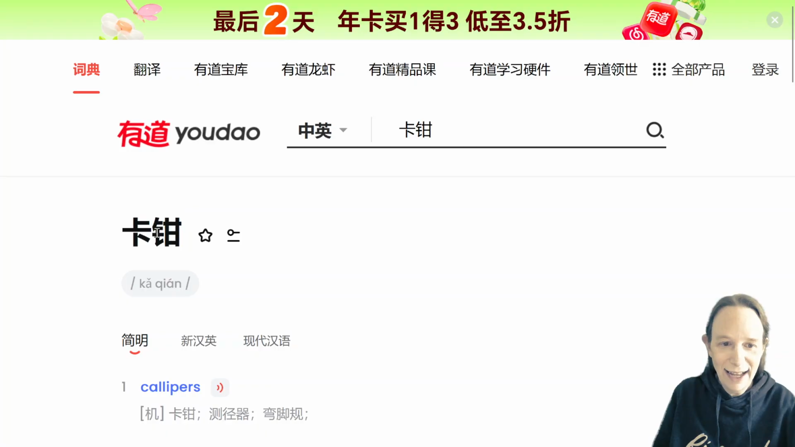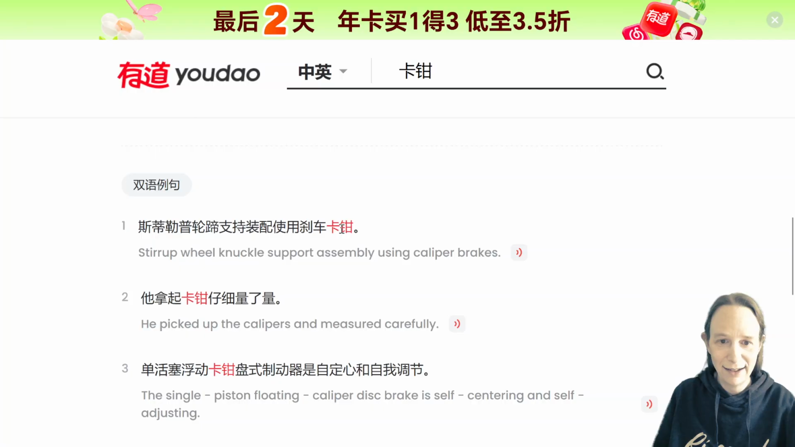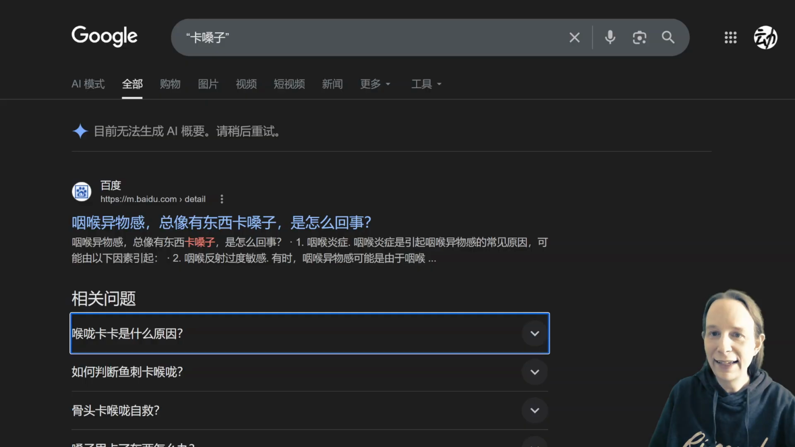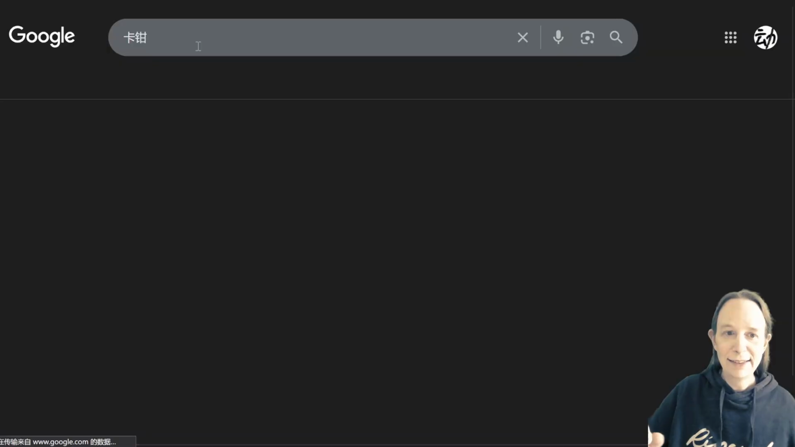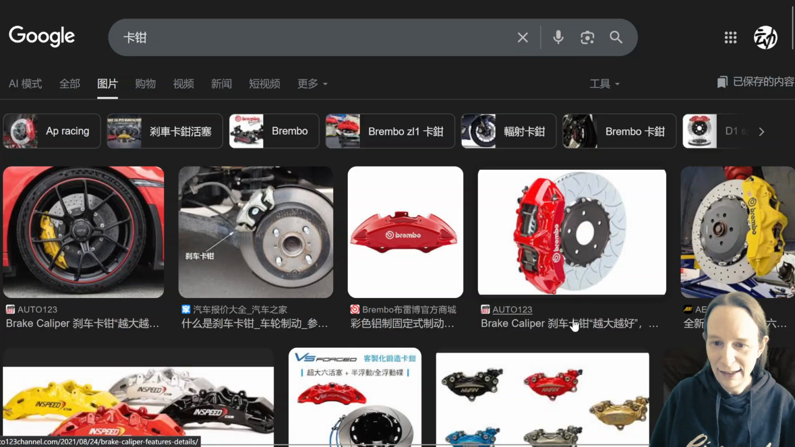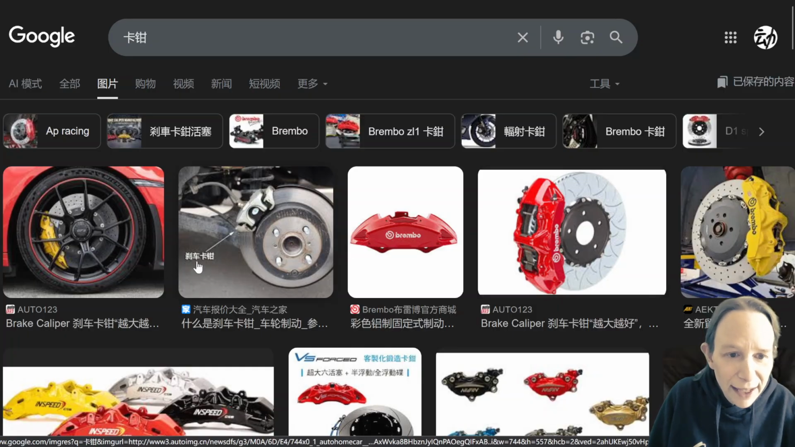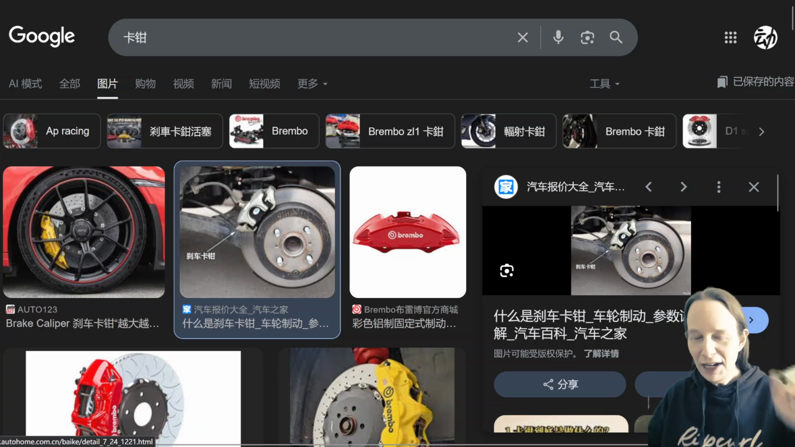Well, 卡签 or 卡签. Calipers. Okay. Calipers. Some sort of pliers style. Okay, this is 卡签, is it? 卡签. Yeah, so this is calipers, right? Yeah. 下拖